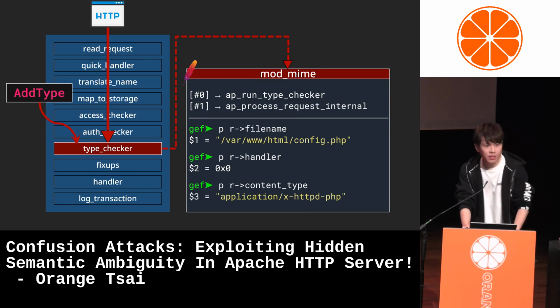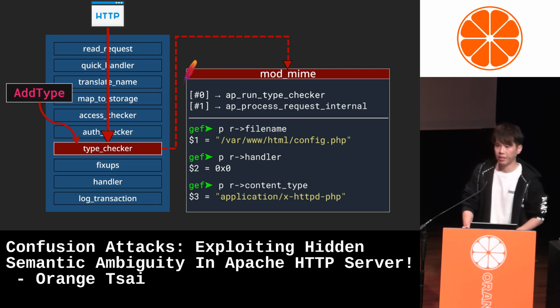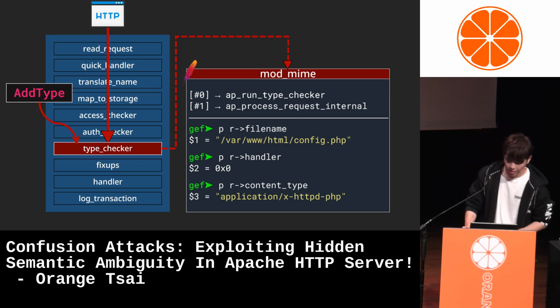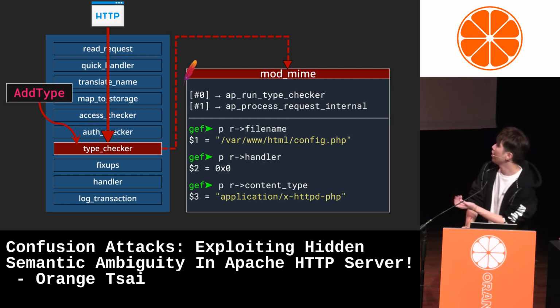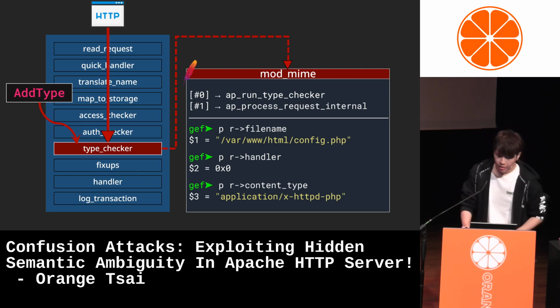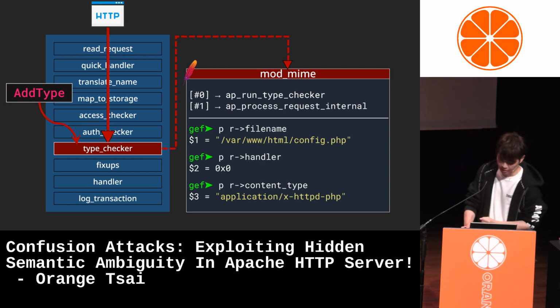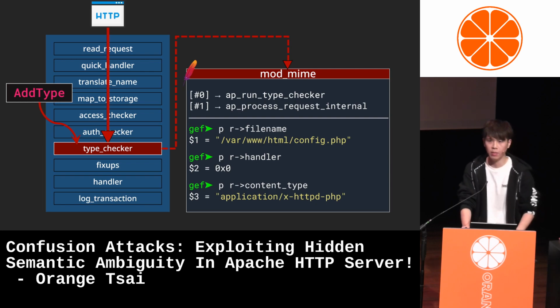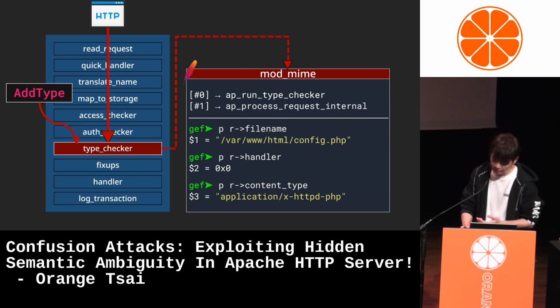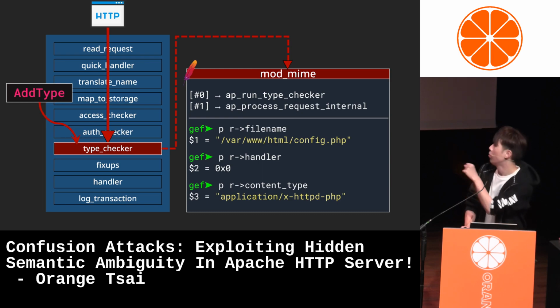Imagine that your server is running PHP using the AddType directive, and you access the file config.php. Since the file extension is .php, during the type checker phase, Apache will assign the corresponding value to the content type field based on your configuration. And PHP will know it's its responsibility to handle this request.